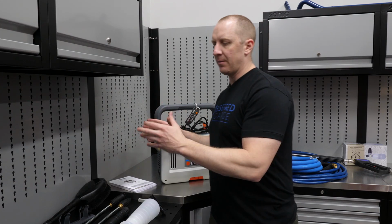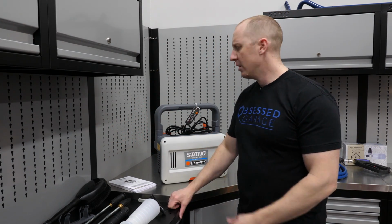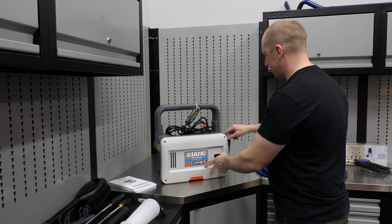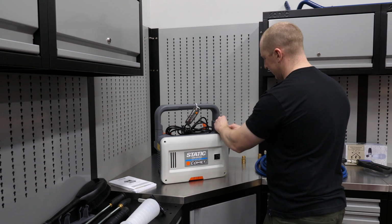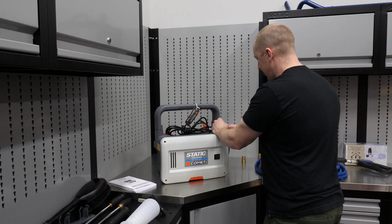So I'd get a separate standalone reel, like the Cox reel I have in my store. You could mount it above or below, and then you could set up a jumper hose, either into your hose reel, or in this case, if you were going mobile, you could take,